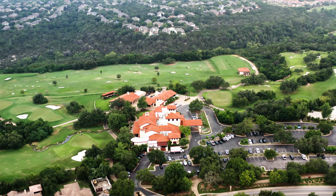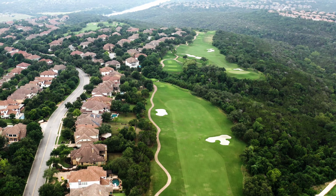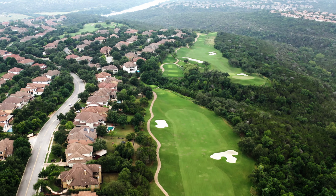You're also just a golf cart ride from the private UT Golf Club, which includes golf, tennis, swimming, and social events, and that adds a whole other layer of lifestyle for people who are looking for that. So if you're looking for something a little more private, a little more exclusive, then the UT Golf Course can really be a great neighborhood for you because you can get all that without leaving the heart of Steiner Ranch